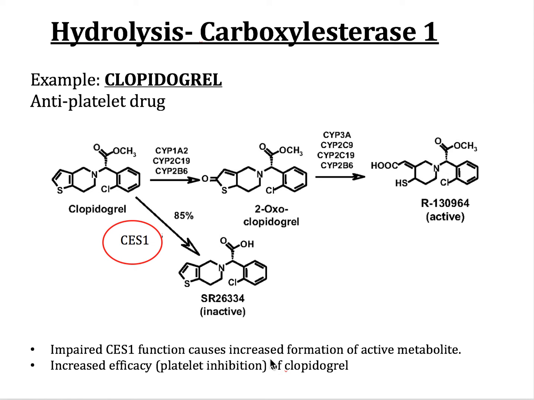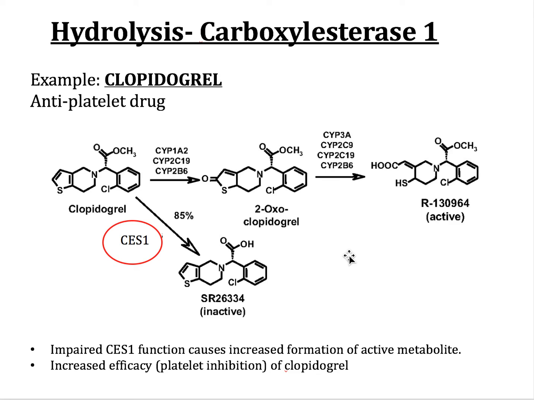Now, we saw earlier that clopidogrel is usually converted into the active form here, right? It's an antiplatelet drug, usually given initially as a prodrug, which then undergoes oxidation in order to become active. But in the presence of carboxylesterase 1, it can be hydrolyzed to form the inactive version. Impaired CES1 function causes increased formation of the active metabolite,